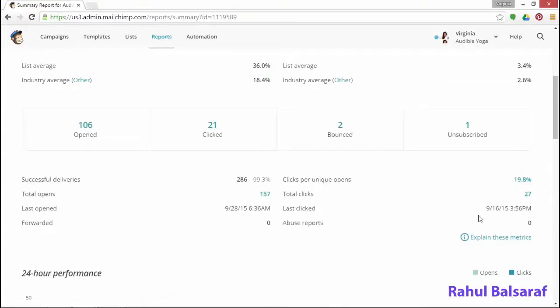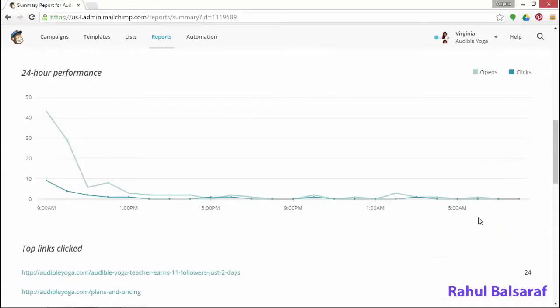Scroll down a little bit further, and you can see specifically how many clicks this campaign generated and if someone unsubscribed. Depending on your list size, a few unsubscribes here and there is normal. The 24-hour performance chart shows you how your campaign performed in the first 24 hours after sending. This campaign went out at 9 a.m. and it got most of the clicks and opens in the first few